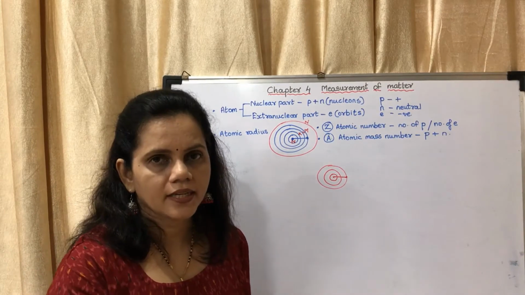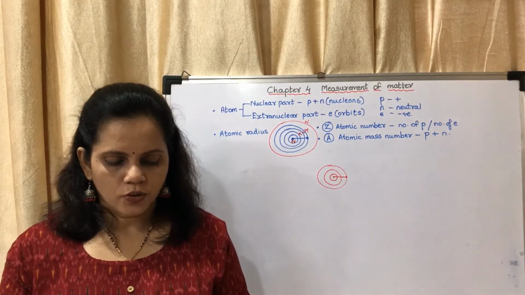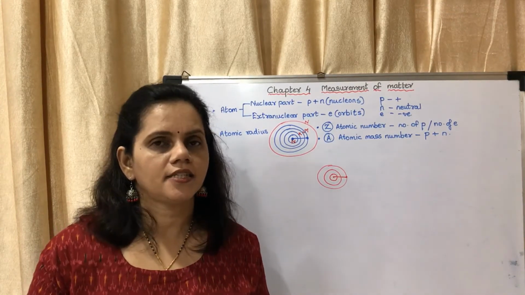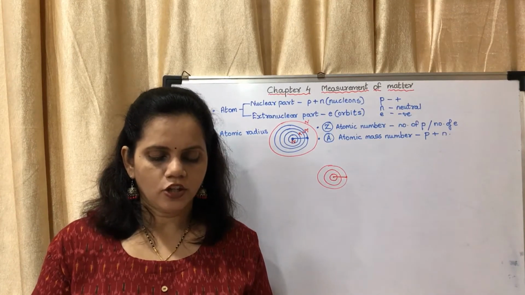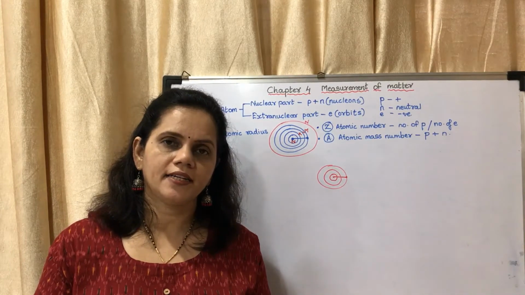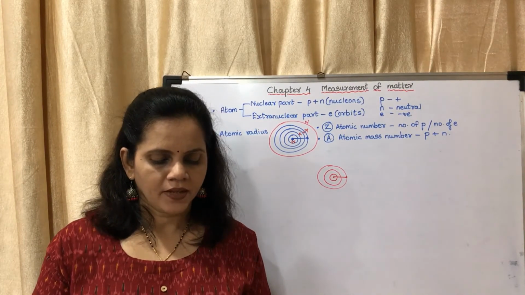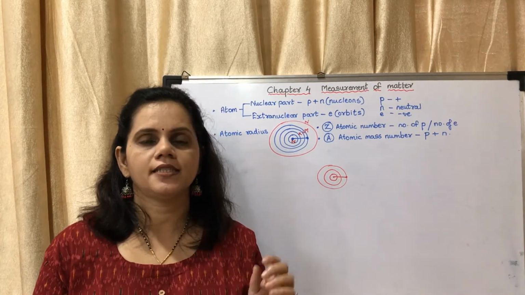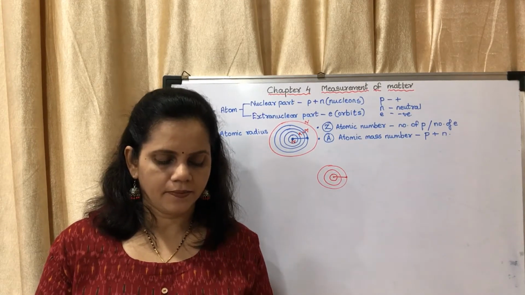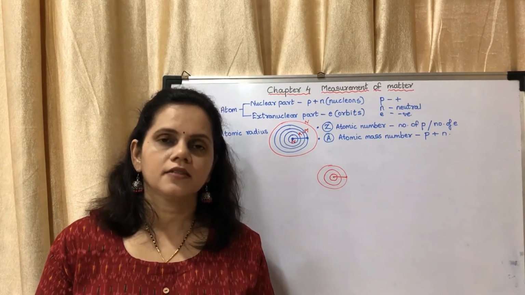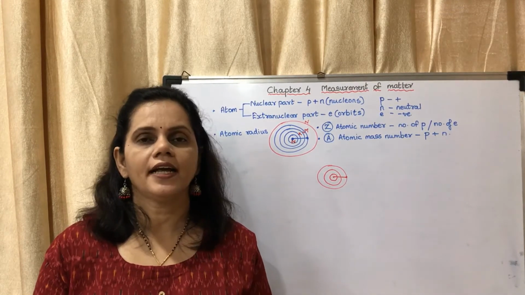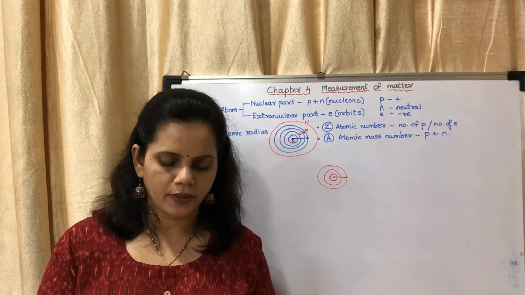Now we will see what has been given in the textbook, okay? On page number 48, the last paragraph, you may see: the size of an atom is determined by the radius. The atomic radius of an isolated atom is the distance between the nucleus of the atom and its outermost orbit. Atomic radius is expressed in nanometers. This is a very important fill in the blank. 1 upon 10 raised to 9 meter is equal to 1 nanometer, and 1 meter is equal to 10 raised to 9 nanometer. This is a fill in the blank question.